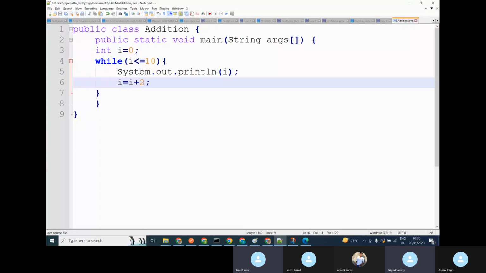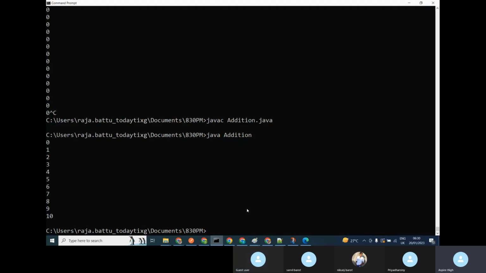No. If a number is not divisible by 2, then it is odd. So that condition is different. If you want to print the odd numbers, that is different. We need to use the modulus of the number. We divide the number by 2, and if the remainder is 0, then it is an even number. If the remainder is not 0, then it is odd. We can write the program in such a way, that we will write. Now we can print all the even numbers like this. So if I execute this program,